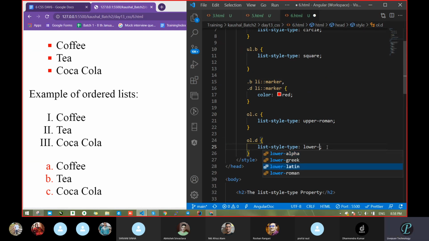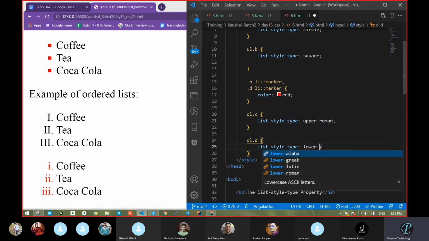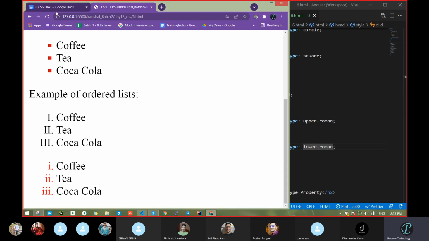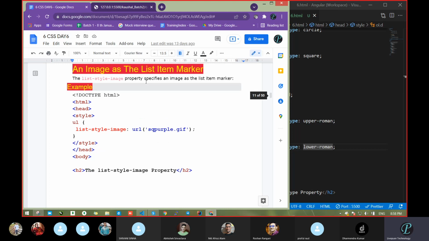Lower Roman is there, Greek is also there. See, when I pass lower Roman, we get a small i. Clear? Let's take Latin or something; what it will do, I don't know. See, it came as ABC itself, not an issue. So this way we can manipulate. Once you manipulate, that is the thing. When you do different tasks, you will get more and more idea, more clarity over that.